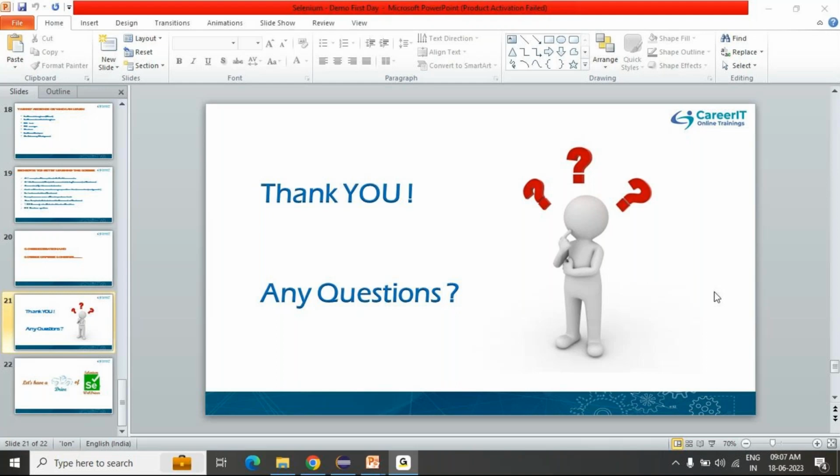You can also automate from your local machine. Actually the environment is nothing but Eclipse and all the installations, and I will be sharing those. You can set up everything on your local machine, Eclipse and Java to be installed, Selenium to be installed, everything. Once everything is set up, you can write scripts on your own. I will show you everything step by step, how to get started with Selenium automation.